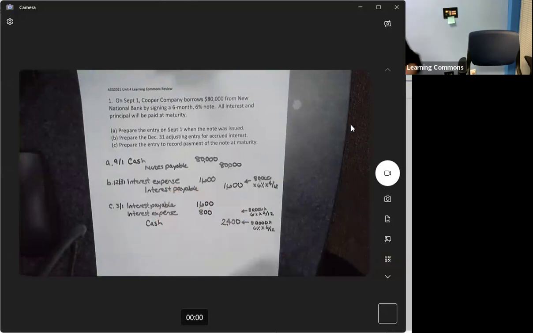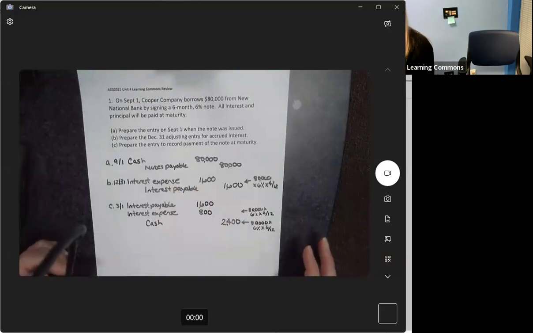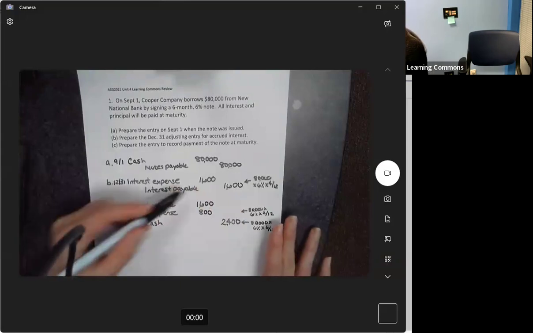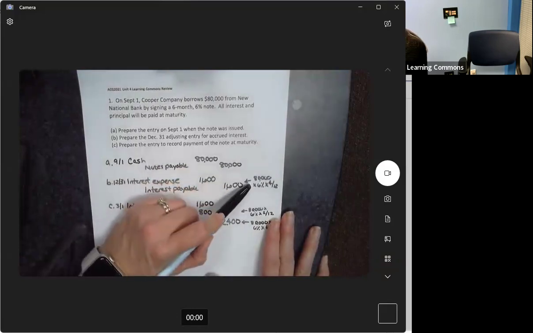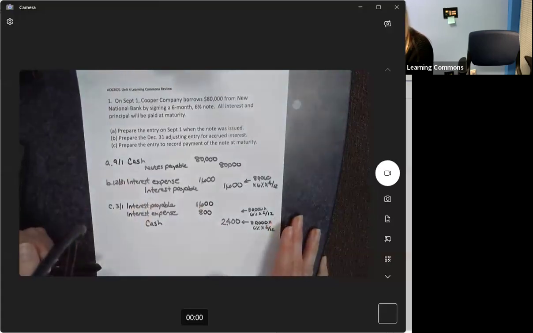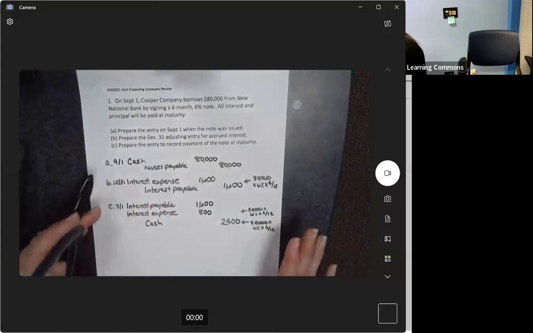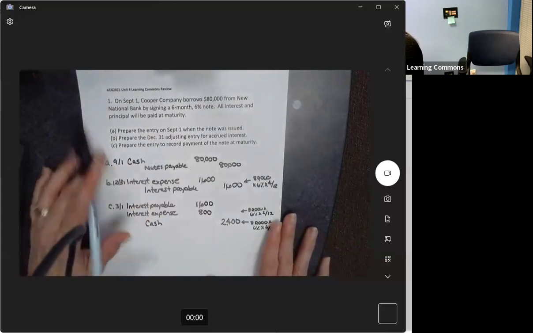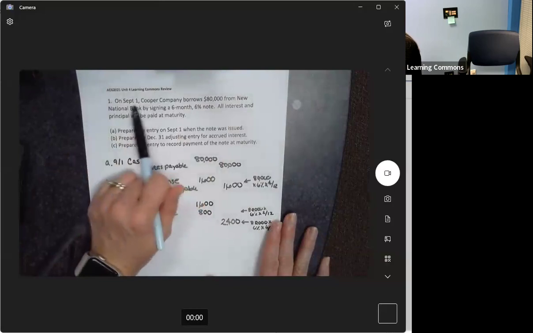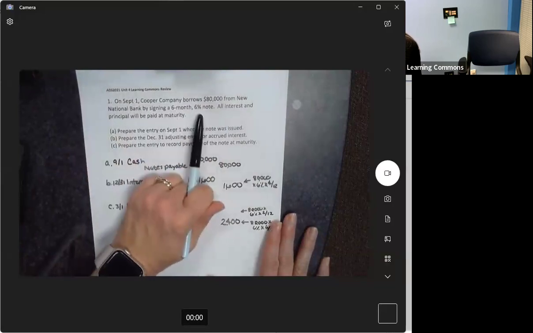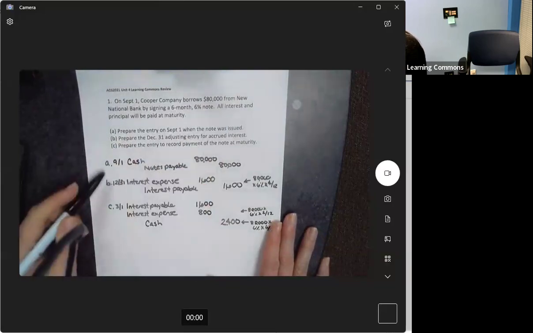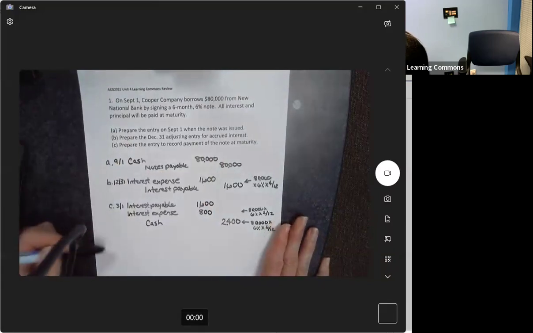The notes payable stuff is the same idea as the notes receivable stuff from chapter 8. So the process of calculating interest rates or interest payments is exactly the same as when you were trying to calculate interest revenue back in chapter 8. So looking at this particular one, we're talking about September 1st, a 6-month, 6% note. The biggest things to be able to do,